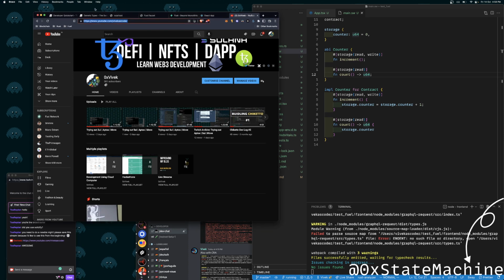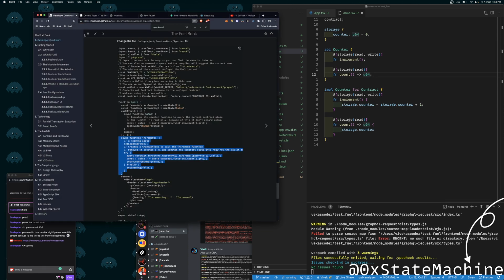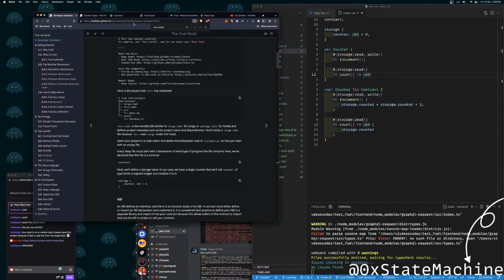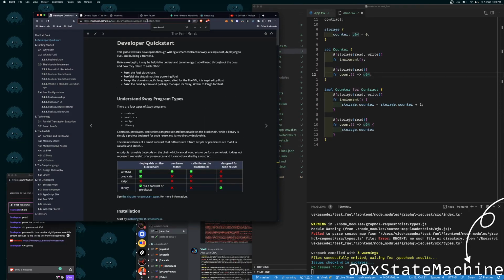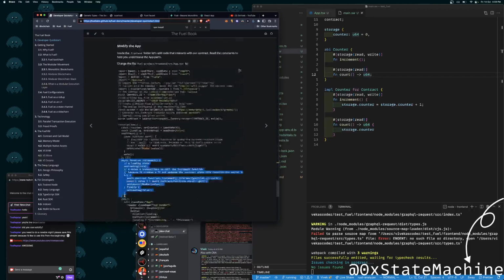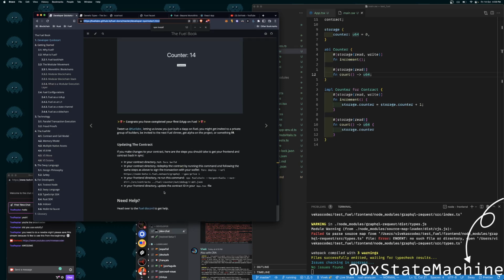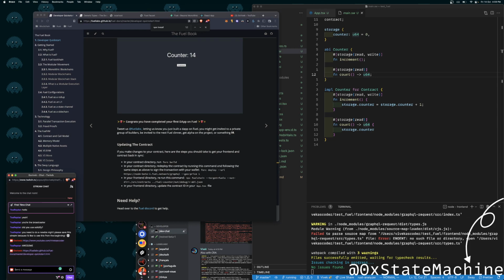So what you can do if you really want to get to this point, and write a basic contract and interact with it, I was using this documentation called Developer Quick Start, and they talk about everything. Basically they walk you through the simplest smart contract development lifecycle, so that you can get a gist of the way you can write contracts on top of the Fuel network.